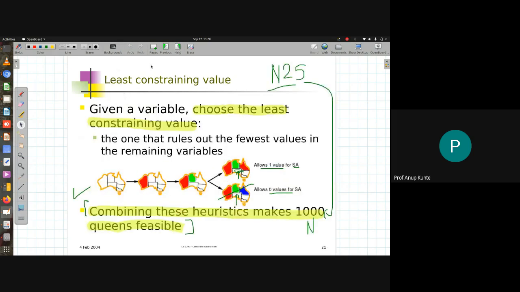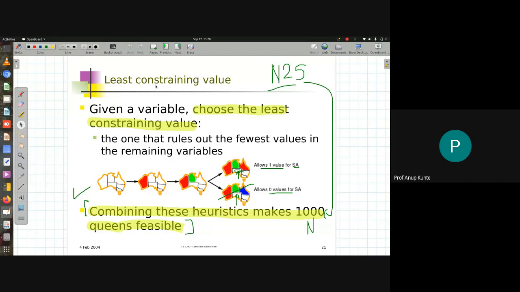Now another heuristic that I can use is least constrained variable. So जैसे हमने branching factor को kill किया था, तो वैसे ही least constrained variable also provides us a nice little idea that gives us a heuristic about how to navigate the state space in CSP search.